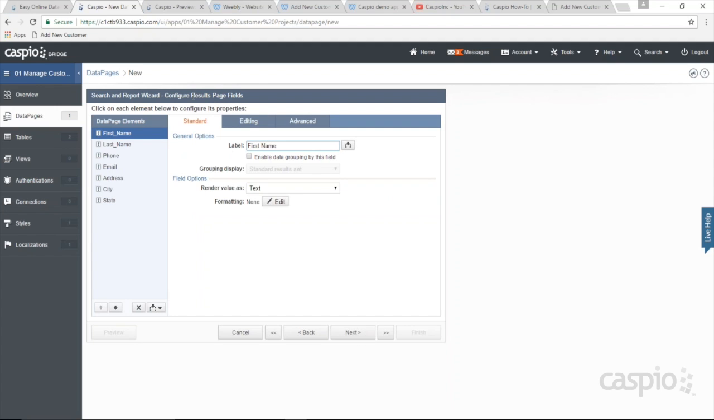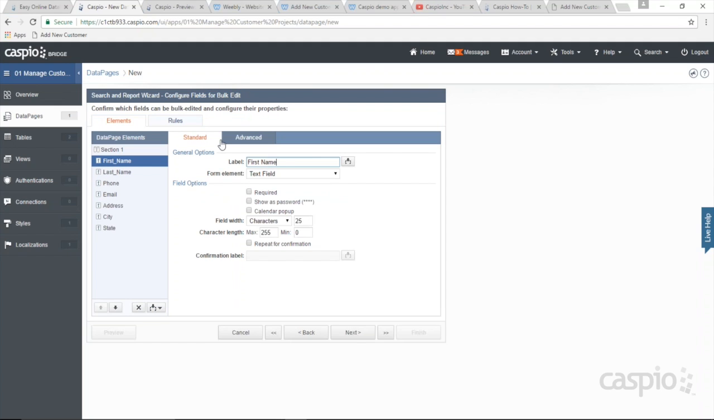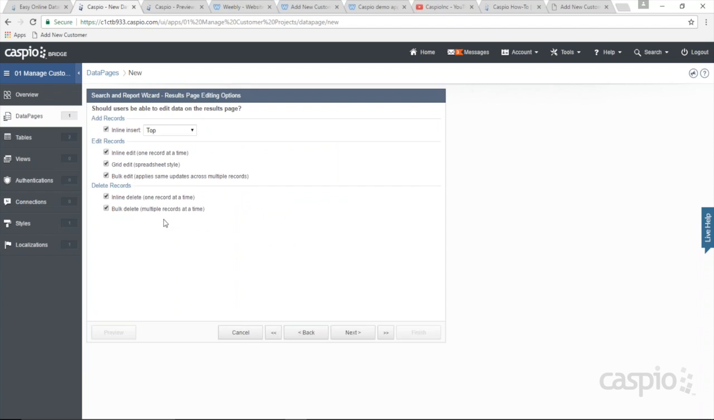This is my results page. I don't need to make any changes here. You can if you want to. I'm going to keep that as is. This is my bulk edit screen. Because I enabled this checkbox here for bulk edit,